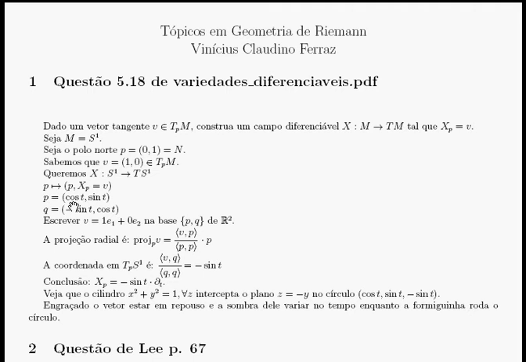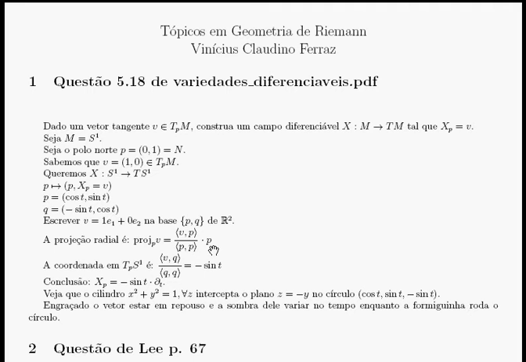(cos t, sin t). For each point of the circle, we have q equal to (-sin t, cos t). It's perpendicular to p, and v is equal to 1 times e1 plus 0 times e2, in the basis p, q of R2. How do we transform this basis? We project radially. The projection of v onto p is the inner product of v and p over the inner product of p and p, times the vector